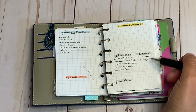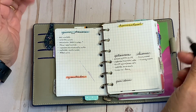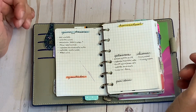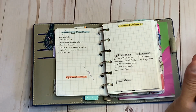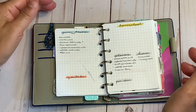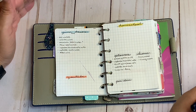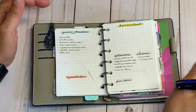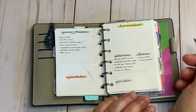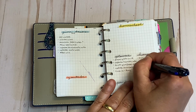I don't know, when I write goals, I look at my living room and I know what I want to do. You know, I may write down what section of my living room, but sometimes I see goals and I see all these little details. That doesn't work for me because when I start writing all those little details, it overwhelms me mentally, and then I don't do it. So I know myself, so I know I have to do my living room, and then I break it down in my head every day. I don't know if that makes any sense. But if I see it on paper, it just looks like a lot to me. And then I just shut down. So my living room and my bedroom, and this is for the month,